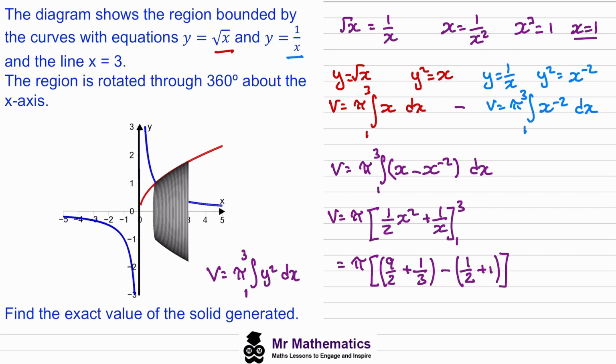And we can work this out as pi multiplied by 9 over 2 plus 1/3, which is 29 over 6, minus 3 over 2. So the total volume then is 10 pi over 3 units cubed. Okay,